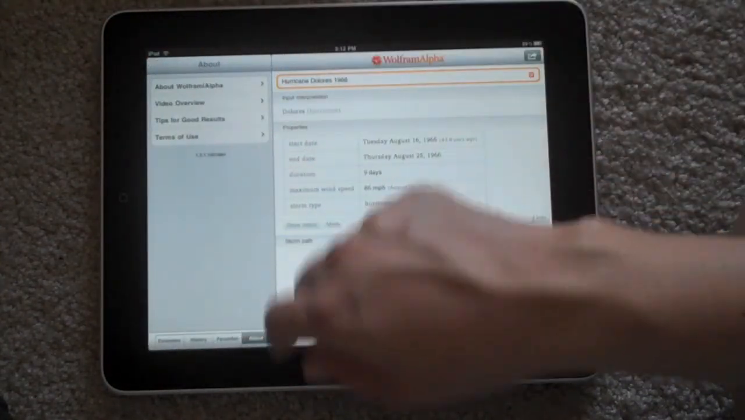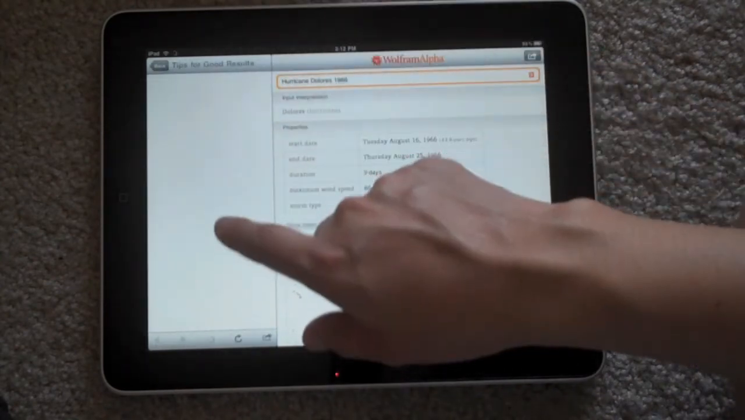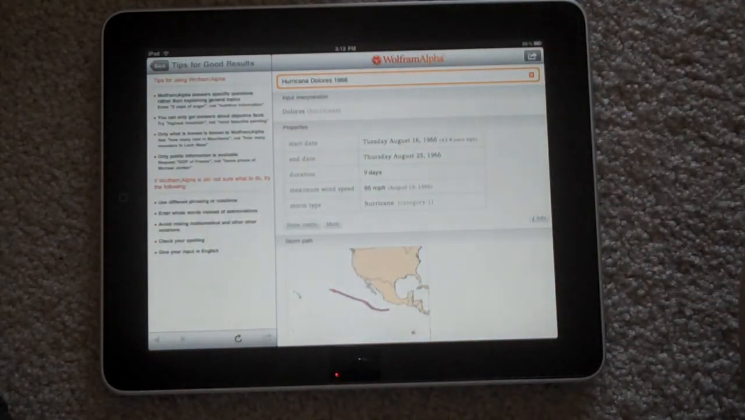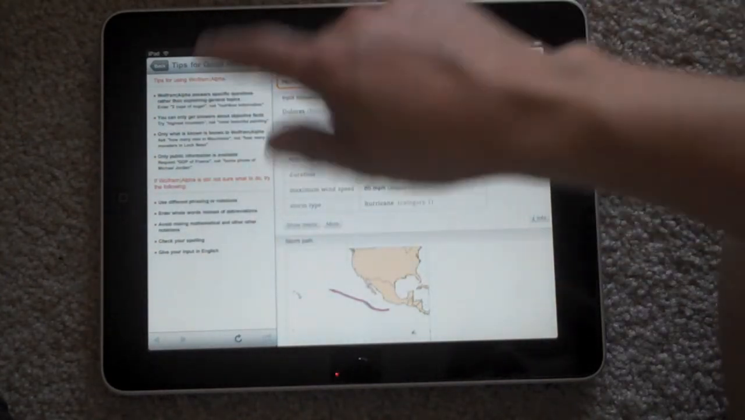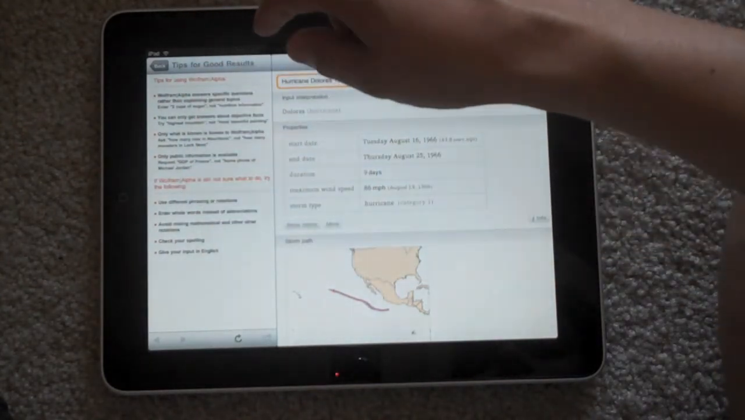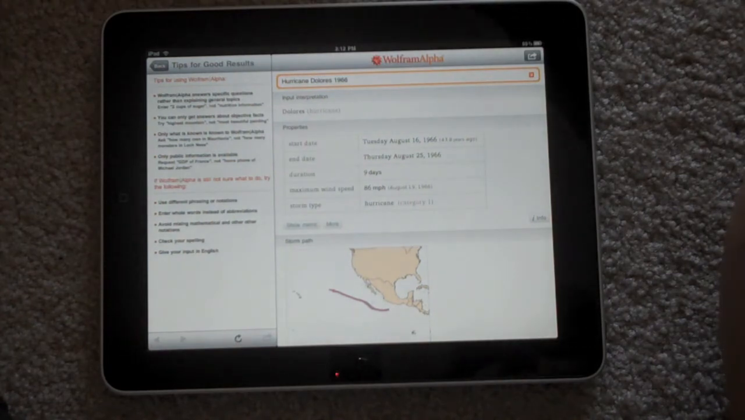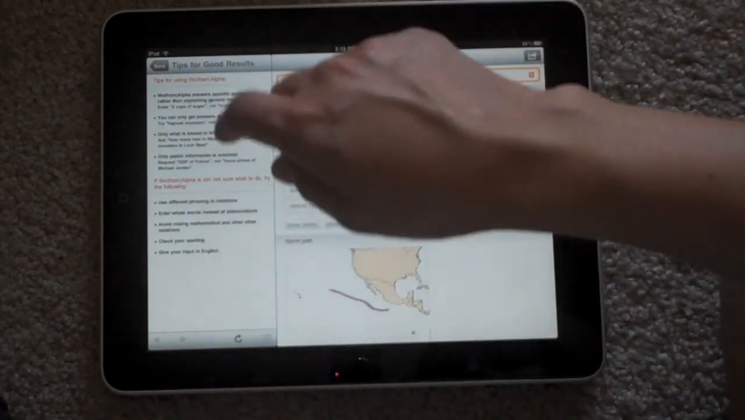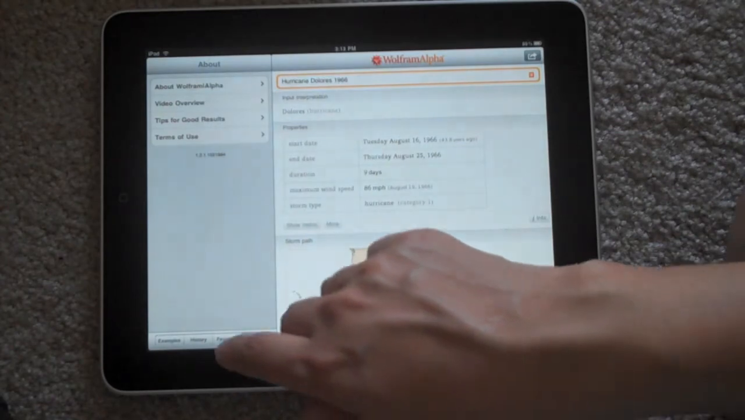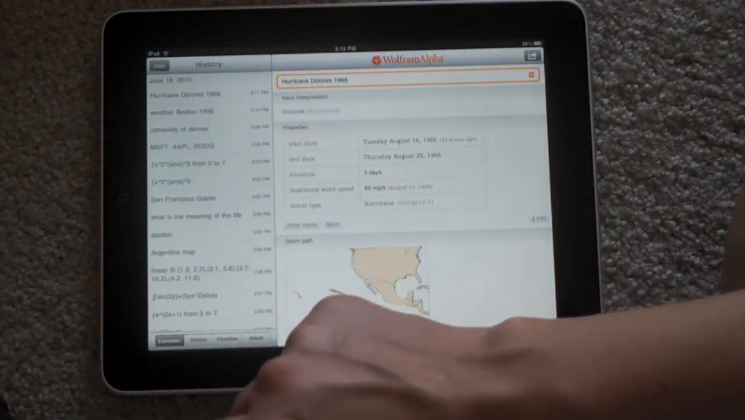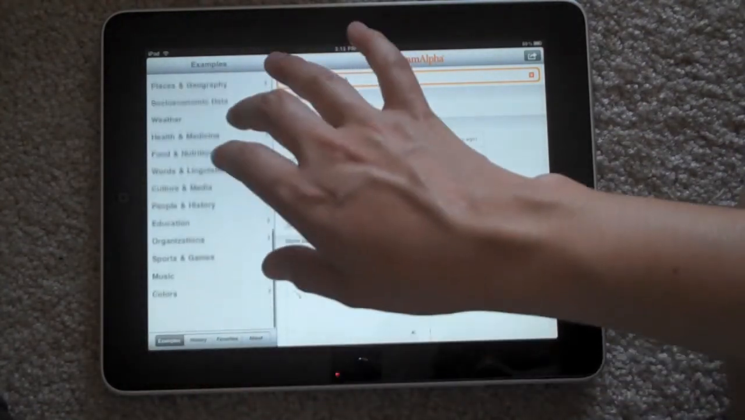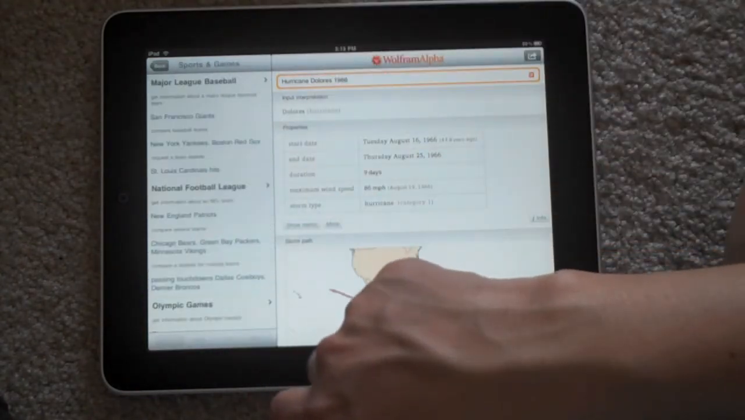And that pretty much is all I've got to show you. Oh, this is nice. Tips for good results. So it gives you tips on what type of phrases to use, and check your spelling, that sort of thing. So that's kind of nice for new users. But other than that, I mean, I can't go through all of these options down here because it would just